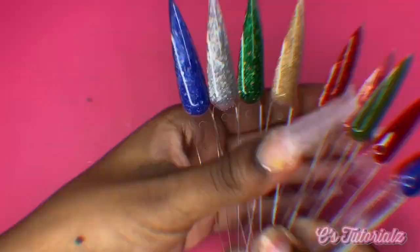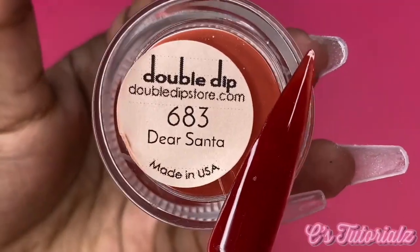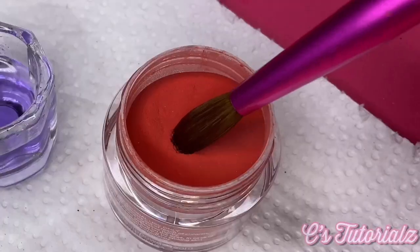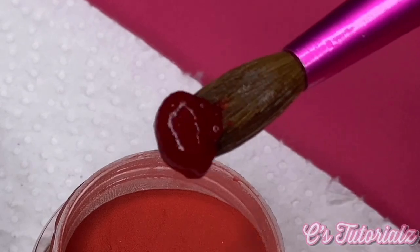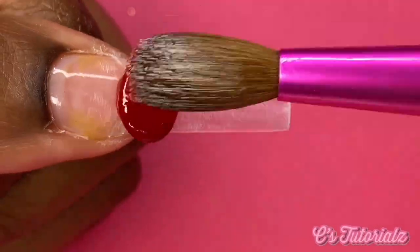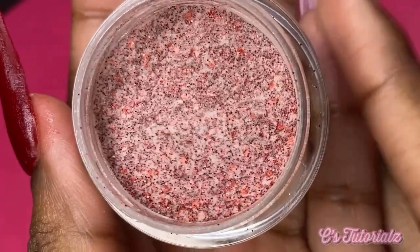And you guys, this time around I wanted to do some Christmas nails. You guys have been asking me to do Christmas nails in my comments, and we're gonna do it this time around. Double Dip sent me so many goodies. They sent me all of their Christmas collections, and I'm gonna be using their Christmas kit and their winter kit